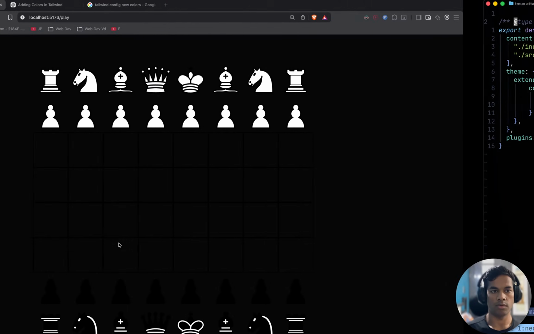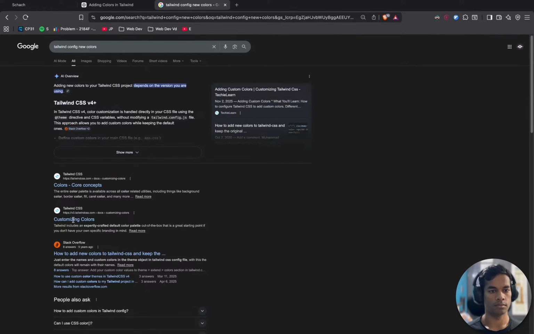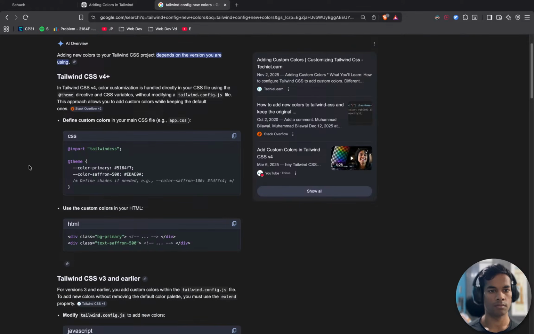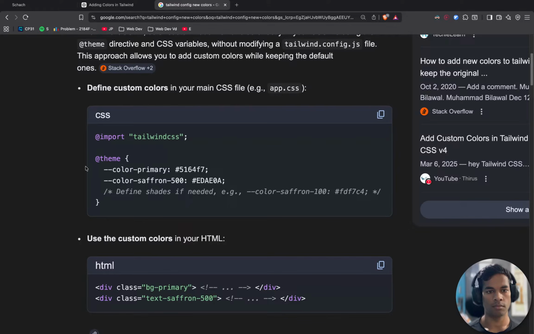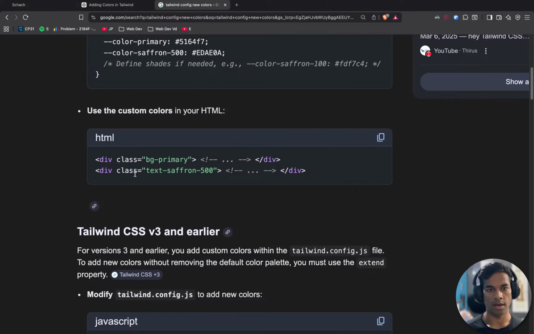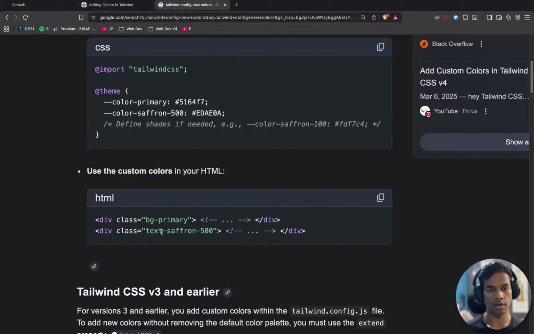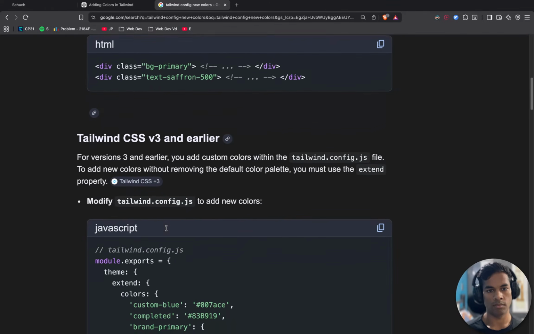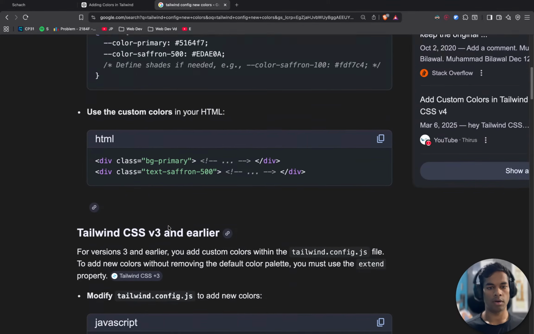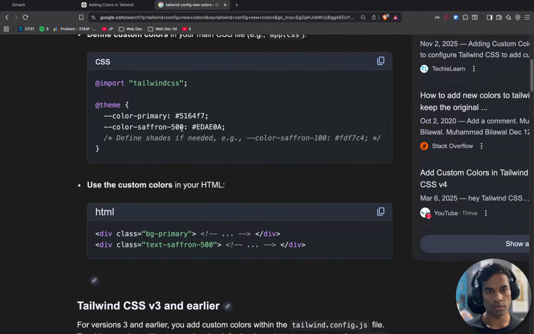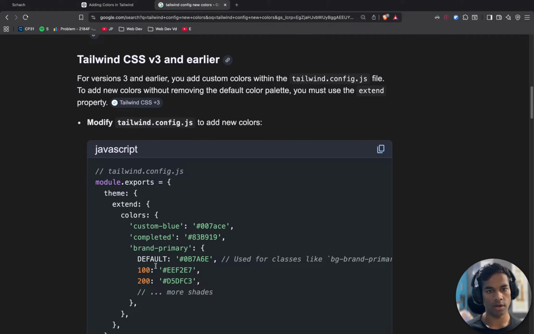Wait, what do we have to do with this? Define custom colors, right? And also import Tailwind, and bg color primary color text saffron 500 earlier. Okay, now we don't even have to use Tailwind config, it seems.